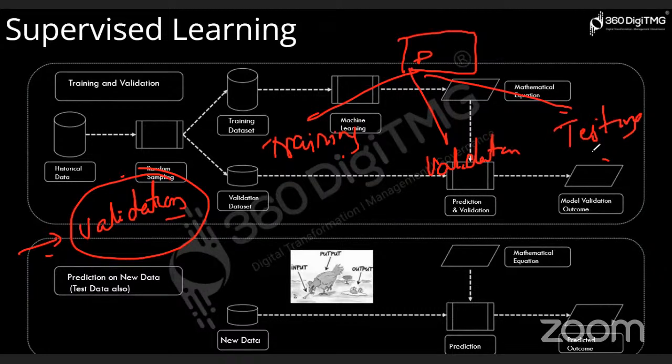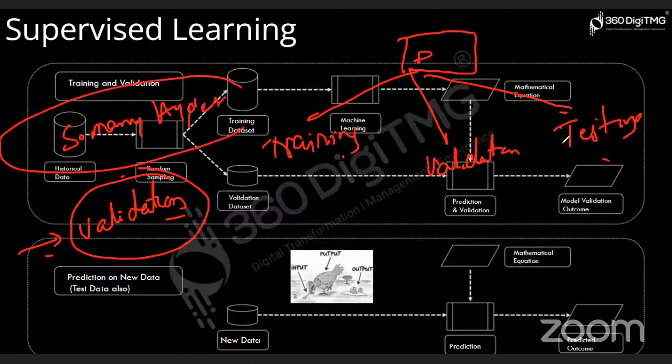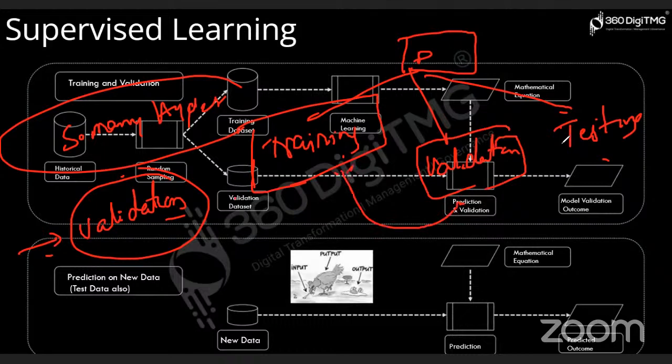So why do we need the validation data? Whenever you are working on a model that has so many hyperparameters, in that case, you have to tune your model. Whatever model you have built, you have to tune. Once you have trained on the training data set, you then have to supply your validation set in order to tune